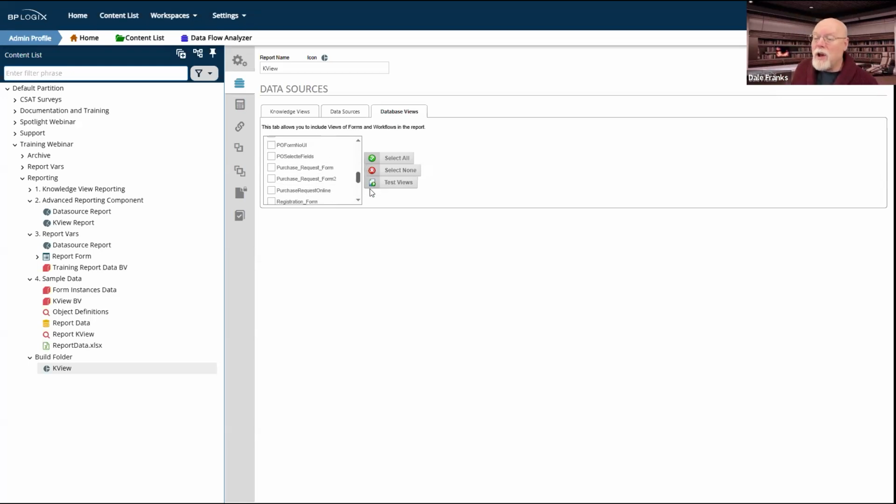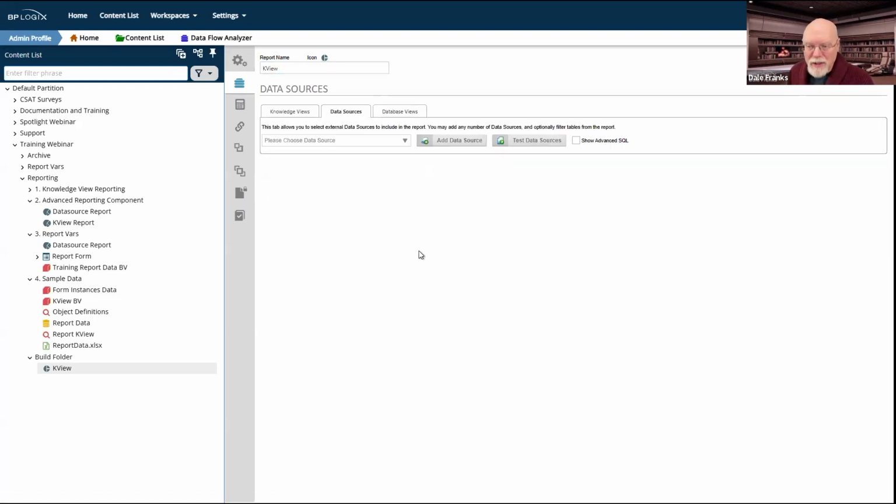Now, we're not going to use that because I actually have a table of data that already exists in my database from that spreadsheet. Or we're going to use a knowledge view, and I guess this says KView, so I guess we're going to use a knowledge view here. There is the data sources, and we are going to use this in a few minutes.